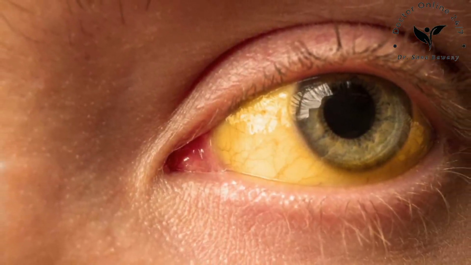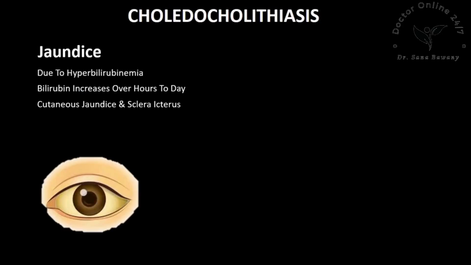And what's also important to note here is that jaundice may fluctuate, so this stone can move up and down. If it moves up, you can imagine that some bilirubin can leave and escape, and this can help reduce bilirubin levels, so this jaundice can actually improve. So this stone can go up and down like a ball and valve type of effect, and this can cause blocking of the common bile duct at some times and unblocking of the common bile duct at other times. So we can see a fluctuating jaundice occurring with choledocholithiasis, and then with choledocholithiasis, urine and stool changes can occur,